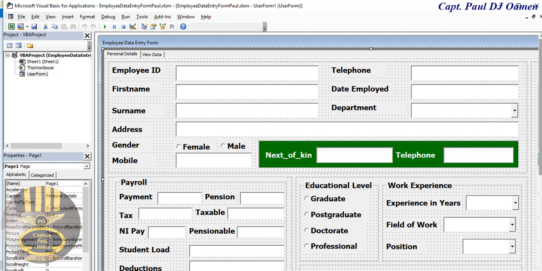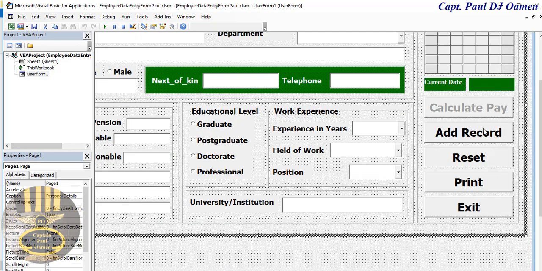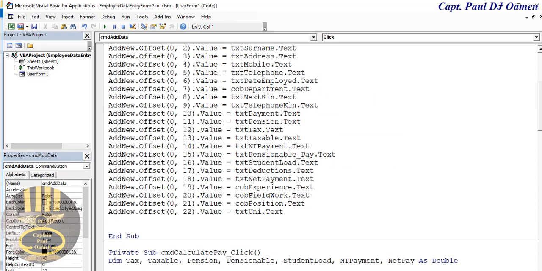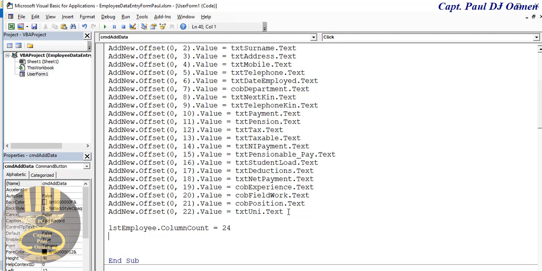and inside my add button there, I want to be able to add something straight here. So let's say employee data entry here, dots column counts. I'm going to make that, let's say 24. Yeah, that's fine. Employee data entry dots